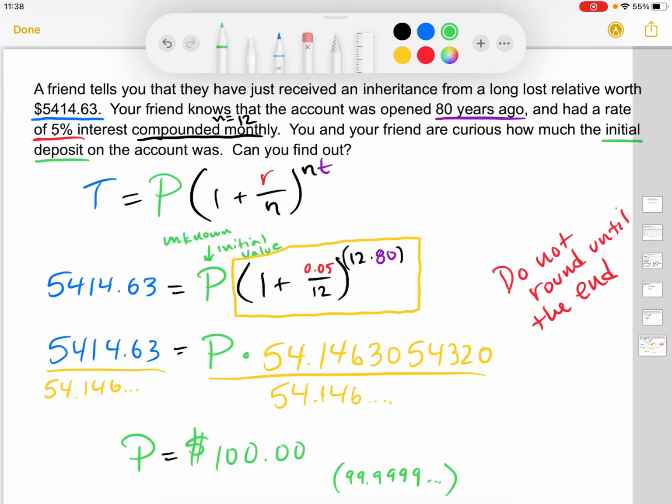So your homework is a worksheet that has a whole bunch of compound interest problems. They have problems both where you need to find the final value, so you need to get to the total, or you need to get to the principal, just like we did in this problem, and that will contain both compounding a certain number of times per year, as well as compounding continuously. So you need to know both of those equations to be successful on the homework here. I'm asking that you do one per row on that homework. Good luck and enjoy your